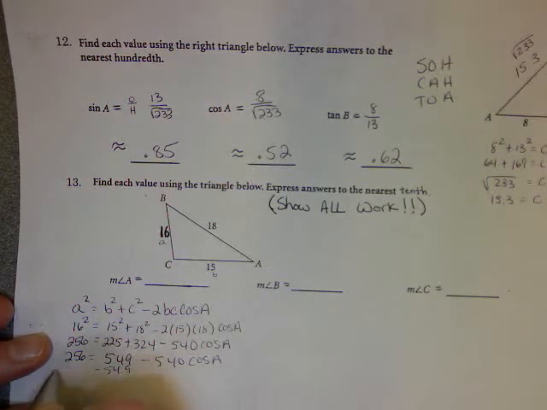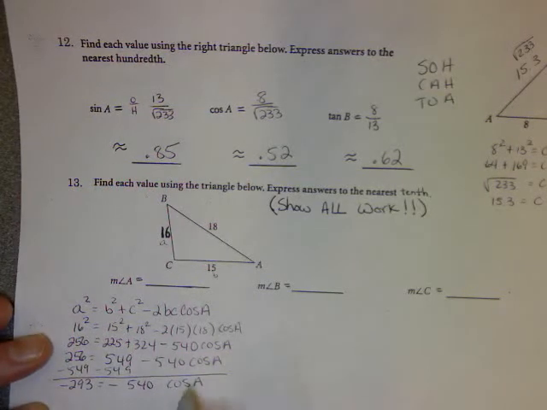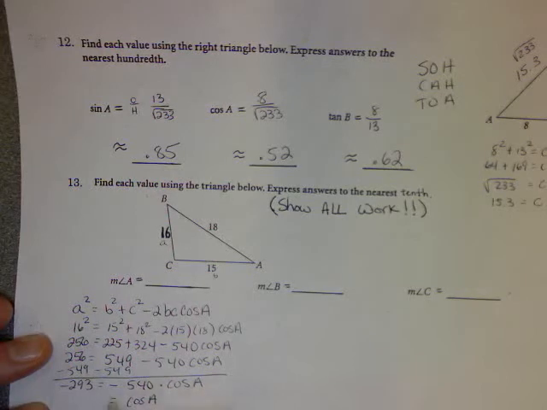So we will end up getting 256 minus 549, negative 293, equals negative 540 times the cosine of A. I need cosine of A by itself, so I'm going to divide, because this is multiplication, by negative 540. So cosine of A is going to equal 293 divided by 549,